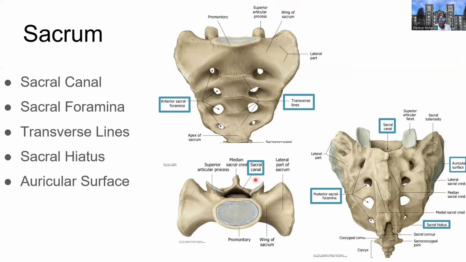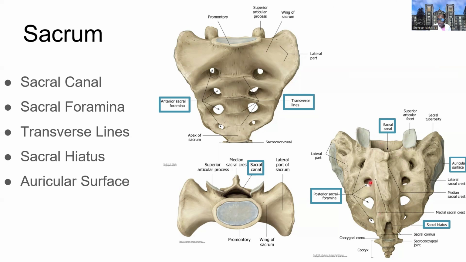Let's look at the sacrum. So again, 1 through 5, but these are permanently fixed or fused. Some of the features that we find in the sacrum altogether would be the anterior sacral foramina. This is where some of the sacral spinal nerves will exit to create the sacral plexus. We also have the transverse lines, which is kind of the mark where they were fused to become one structure. We have the sacral hiatus, which is the opening that exits, where those spinal segments will exit toward the coccyx. And then the entrance point to that is the sacral canal. So the sacral canal is the entrance point to this tunnel, and then the sacral hiatus will be the exit,